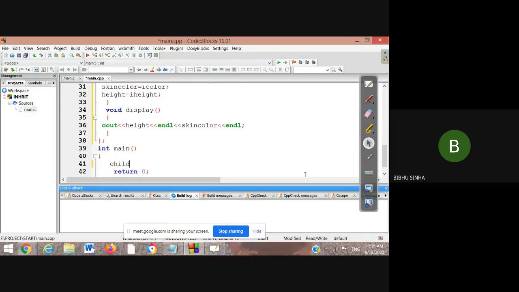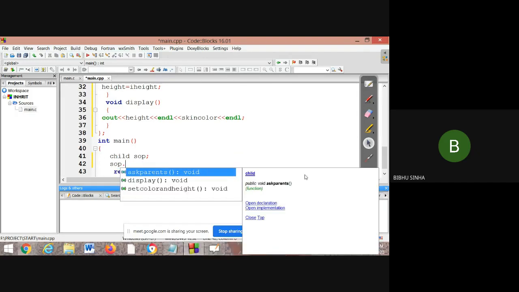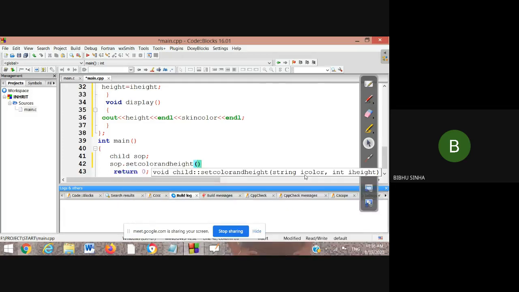We are going to create the child class object, and my object name is SOP. Now we take SOP dot setColorAndHeight, passing the first white color and second the age, which is 56.